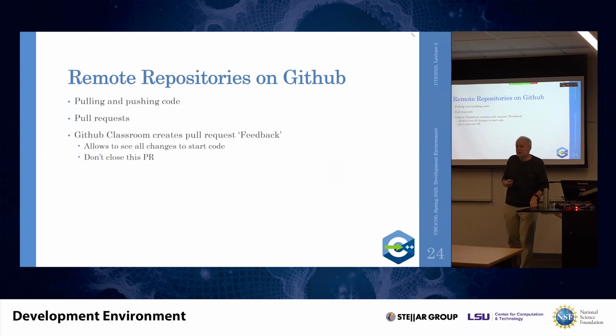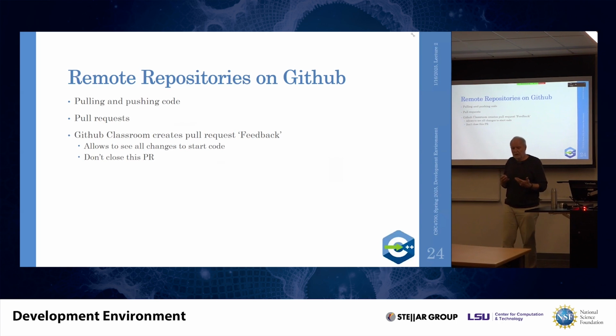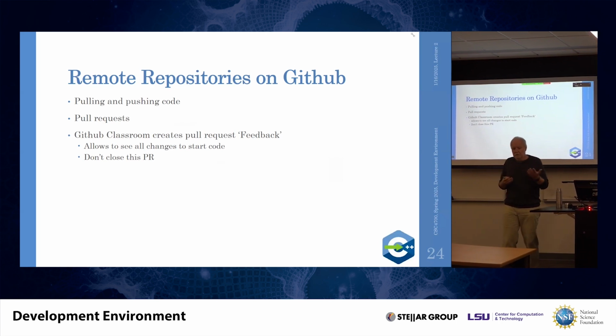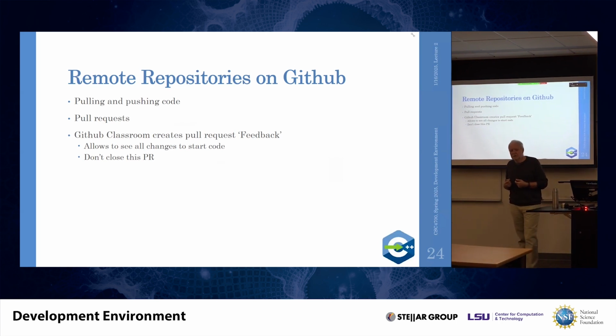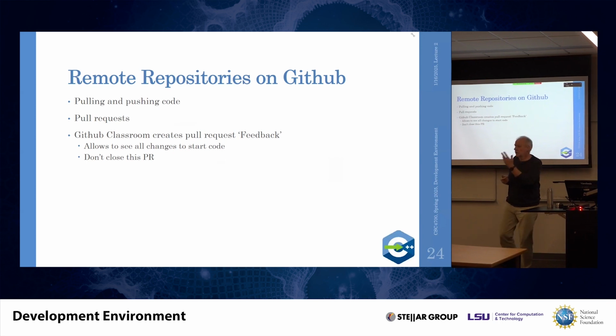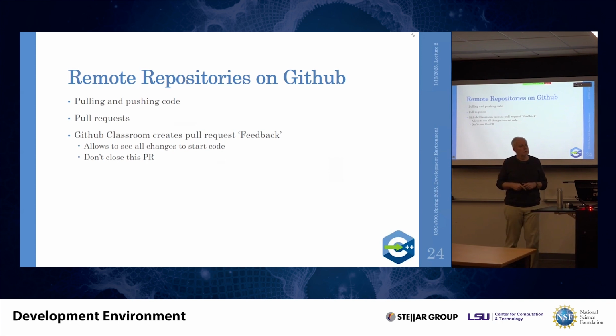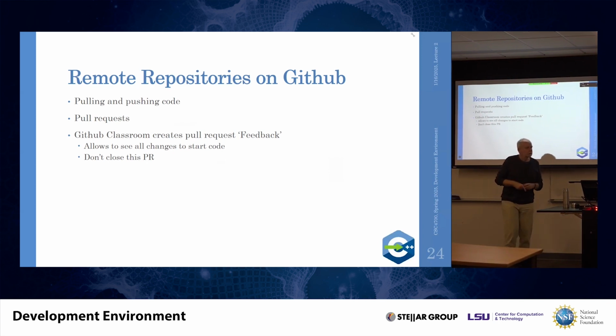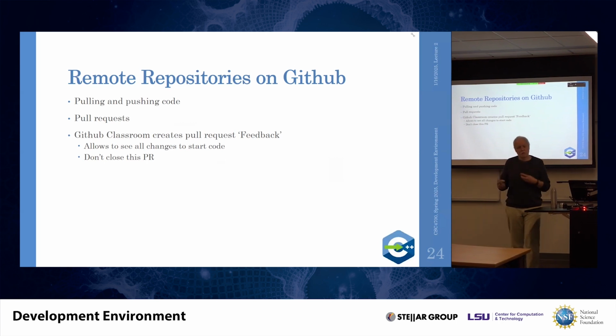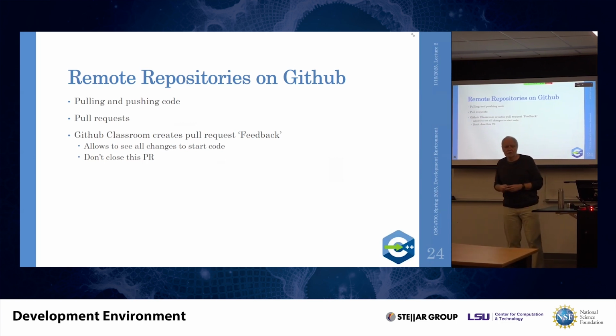And these pull requests are there because on GitHub, the developers, the people that do the code review, can go and look at your changes, can see what you have changed, can comment on them, and so on and so on. So you can go back and forth on the pull requests and do some fixing or changing or adaptation as needed.